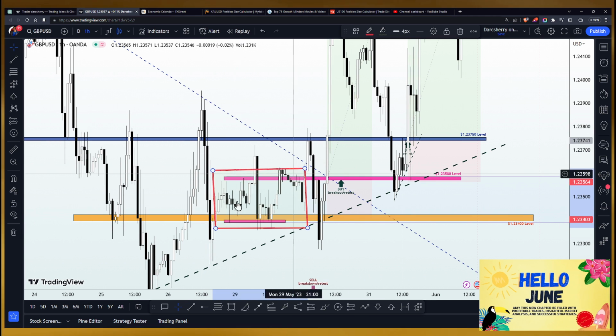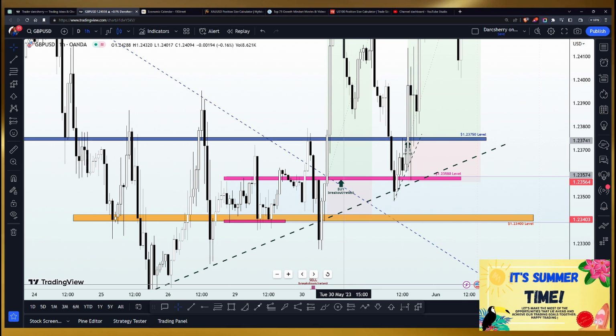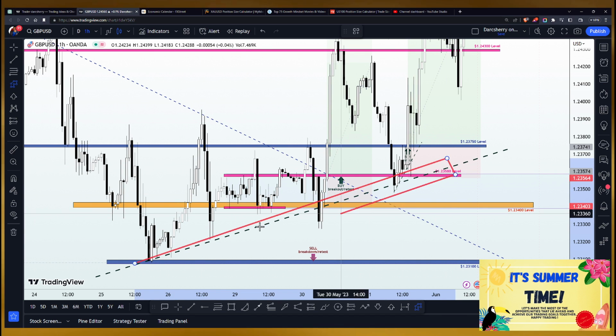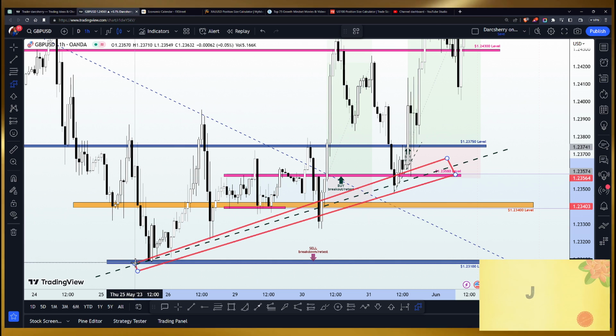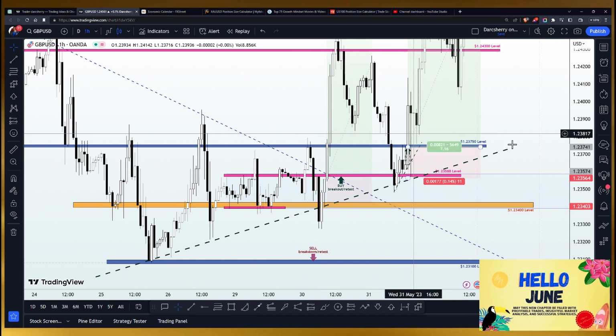And with this simple setup, you know how we do it. We want to see price action either break out of the resistance line to give us an opportunity to buy, or we see a breakdown of the support line to give us an opportunity to sell. And one thing we said here at the beginning of the week, coupled with the structure, was this bullish trend line that we identified here. And as long as price action remains above our trend line, we continue to remain bullish in this market. So you can see how this whole structure was just pointing and screaming at the bullish expectation in this market. And as long as price action remained above the structure, we continue to buy the GBPUSD.